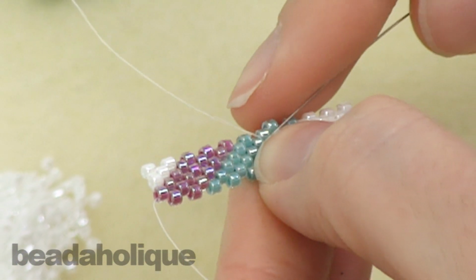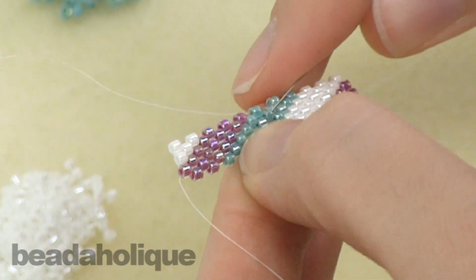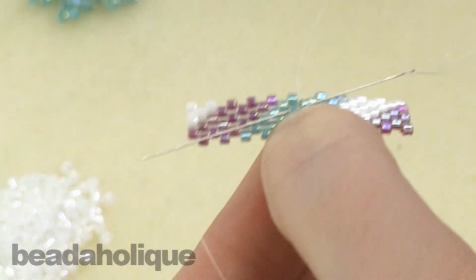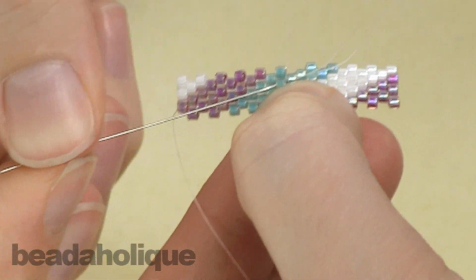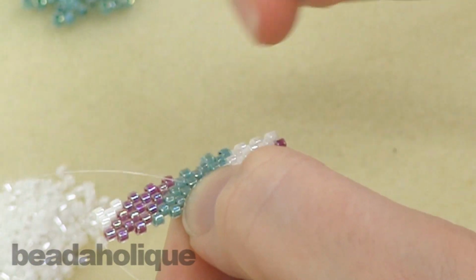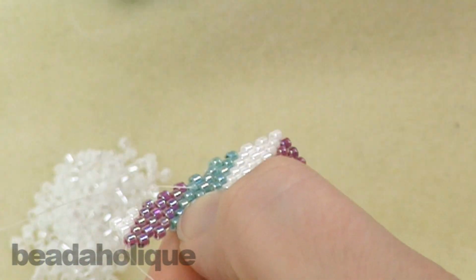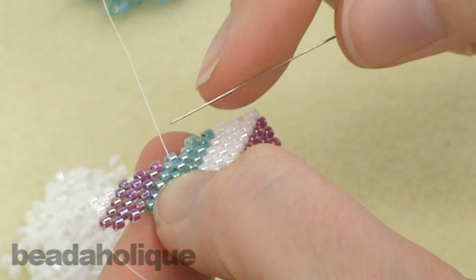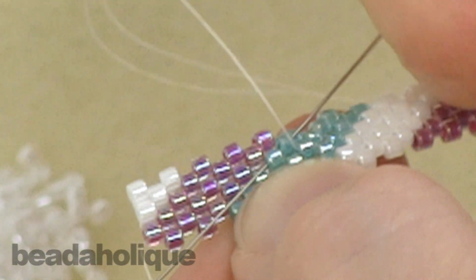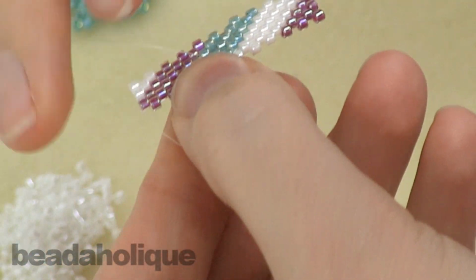Okay, and then you're going to weave through several of the beads so that you're not cutting your thread right next to your knot. This is going to make it a little bit stronger. When you weave through peyote stitch, you're always going to weave in diagonal lines, and they can zigzag up and down, but you're always going to go through the beads in a way that there's already a thread path so that it doesn't show. So you can go up and down, you can go down, you can go up, it's up to you. Just weave through